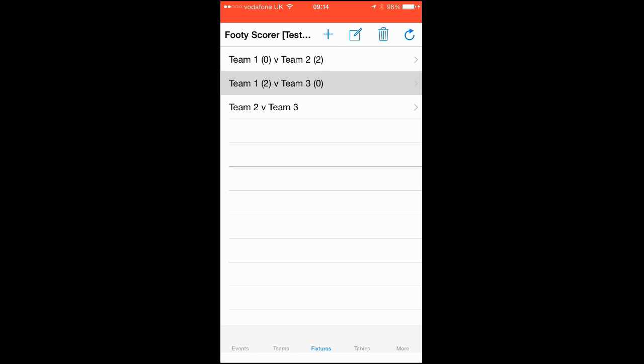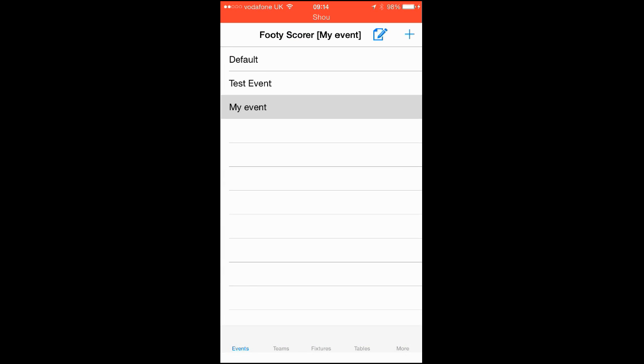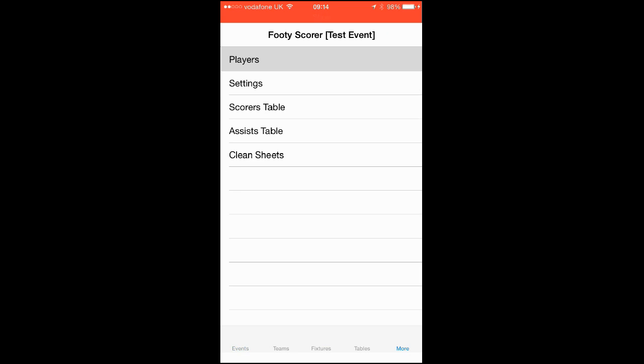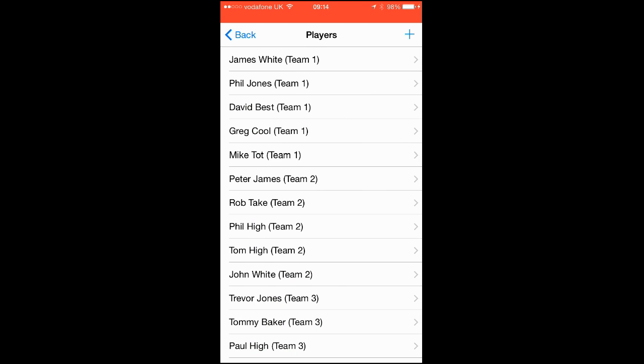You can delete a team, as I said before, and you can add many events as you go. So to add an event, sorry, not fixture, add an event, is just click on add, type the event name, and add new event. My event, add new event, and you can see it's just popped up. You can also copy an event. So if you don't want to enter all these players again, and you have another tournament and you want to copy that event, you press that button next to the plus on the left hand side, edit,